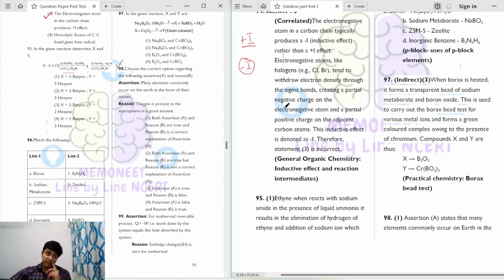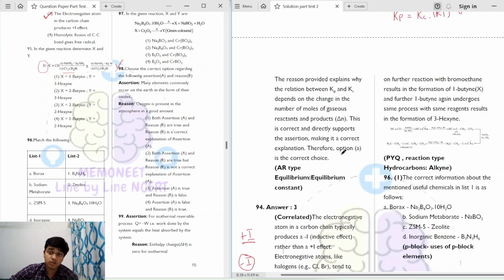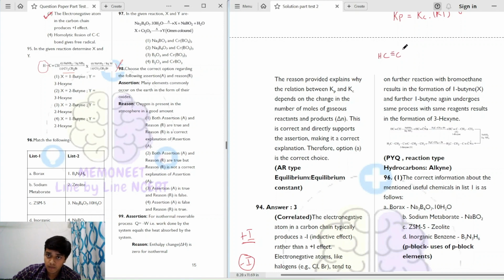So what happens is, when ethyne reacts with sodium amide in the presence of ammonia, elimination of a hydrogen atom takes place. This hydrogen is acidic in nature, because it is attached to an sp carbon. So we'll have the formation of this carbanion, and it will be neutralized by the Na plus ion. Okay, so when this is reacted with ethyl bromide,